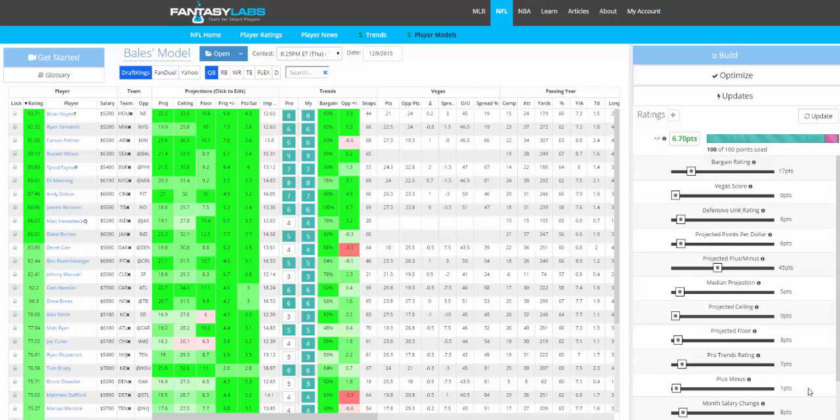I'm at FantasyLabs looking at the quarterback ratings within NFL player models, and I wanted to talk about a stat that we have called opponent plus minus. I had seen some questions about this and just wanted to explain it and show how I personally use it. So opponent plus minus is the number of points above or below expectation that a defense has allowed to a